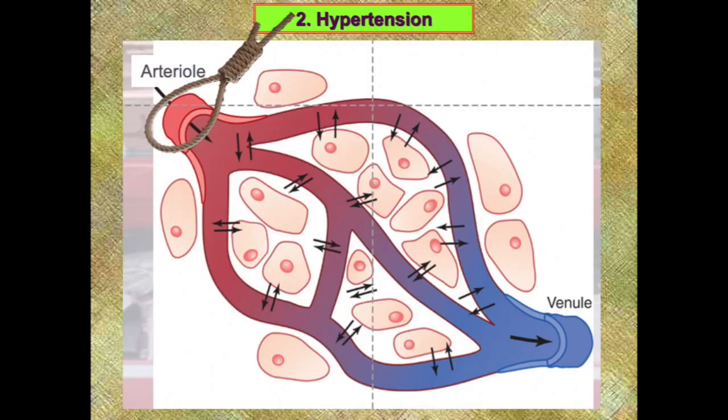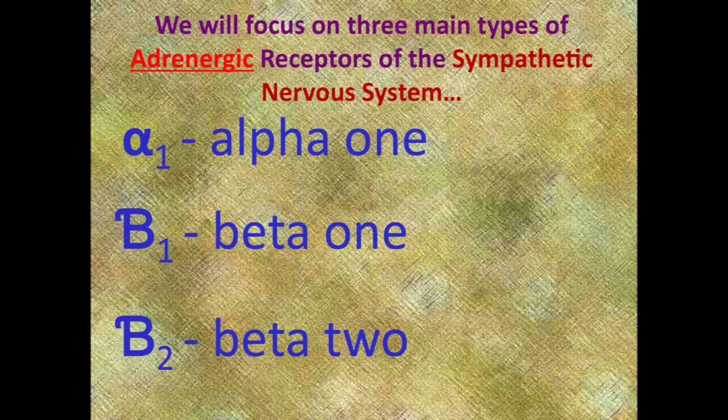With hypertension, the arterial is the primary determinant before it goes in and splits into capillaries. That muscle is the primary determinant of blood pressure. Think of a noose around the arterial. So if we squeeze the noose, we're going to increase blood pressure. If we loosen the noose, and we've got a bunch of different medications to do that, we're going to drop blood pressure. Know what each of the adrenergic receptors are, what alpha 1, beta 1, and beta 2